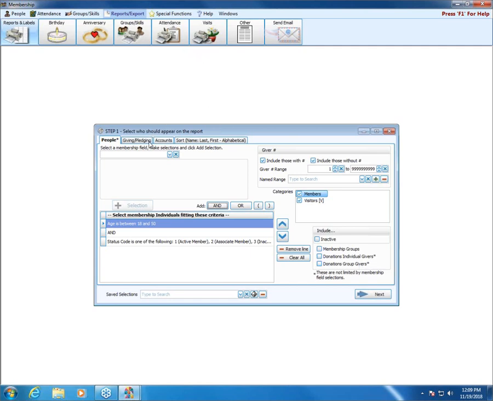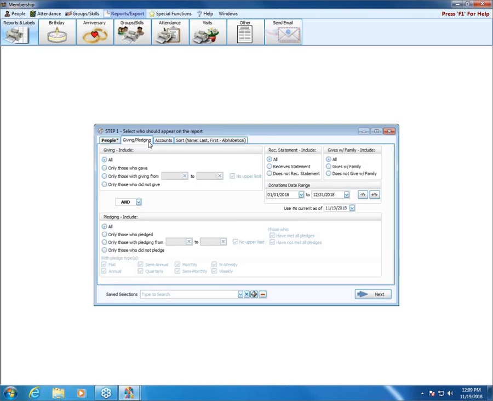Let's go ahead and look at the next tab. We have giving and pledging. Giving and pledging is where you can indicate different donations criteria. Under giving, we can include all, regardless of whether they gave or didn't. We could ask for only people who gave,